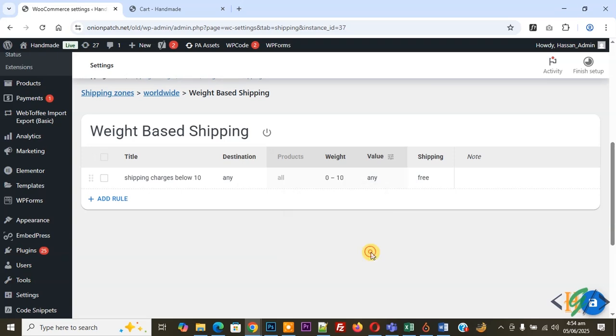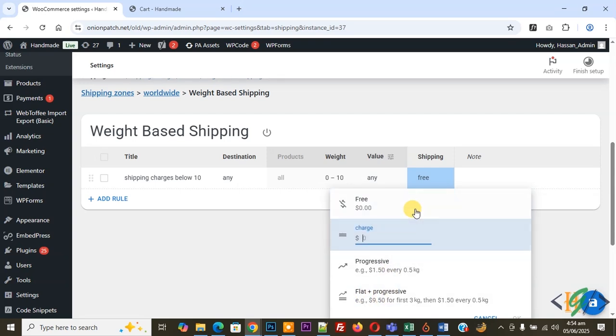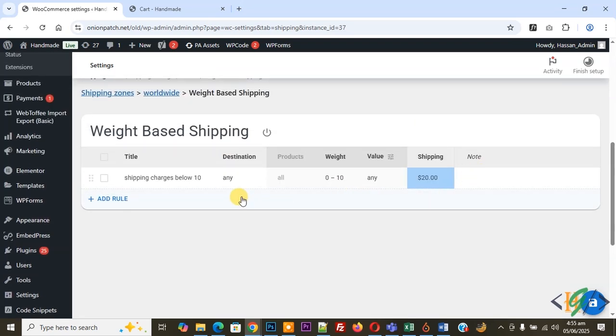So click on OK. So we don't add any value. Now you see free shipping. Now select. So we are going to charge. If you want you can charge flat rate, progressive, flat plus progressive. So we are going to charge flat. Now 20 we are going to charge below 10 kg and then click on OK. If you want you can add a note and then we are going to add one more rule